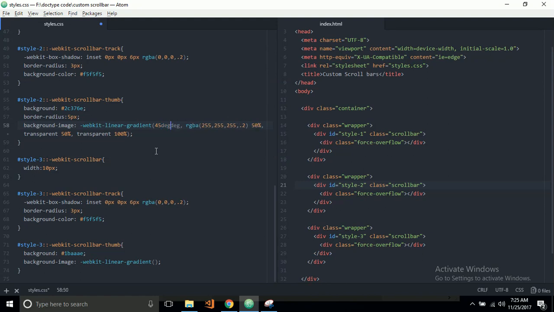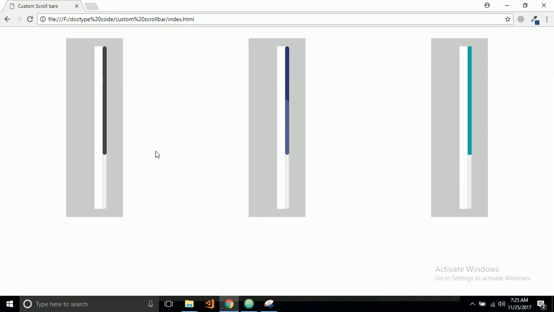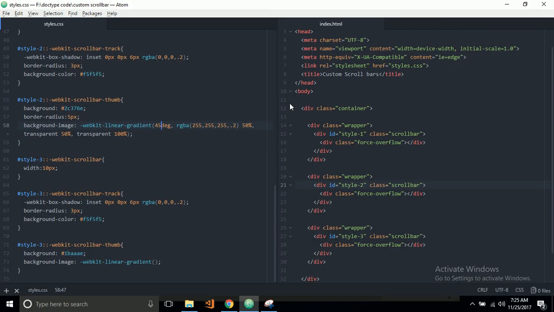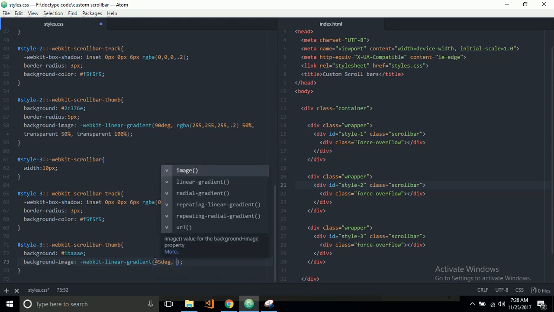and if you save it now, you'll see the line has been changed, it's a little bit slanted, a little bit inclined to that angle. So I'll change it back to the way it was, 90 degrees, save it. Then I'll put it on 45 degrees for this stripe style that we want,